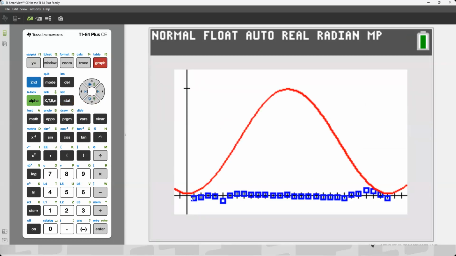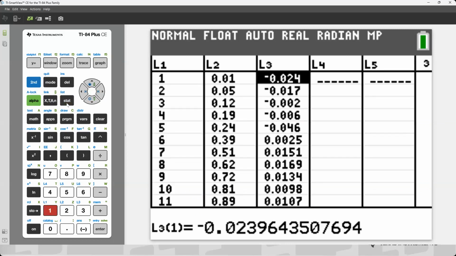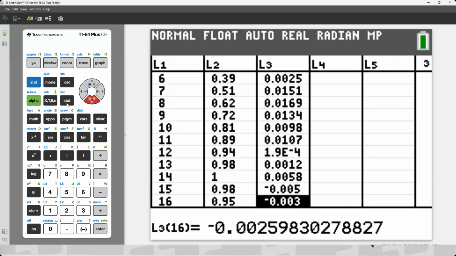And I want to change these settings because of those residuals when we looked at that list. This is why I sometimes do this with my students first: I go to my list and notice these are all really, really close. Students will say to me, my graph is all messed up. And I'm like, your graph is not messed up. They're like, yes, it is. I'm like, look at your residuals.